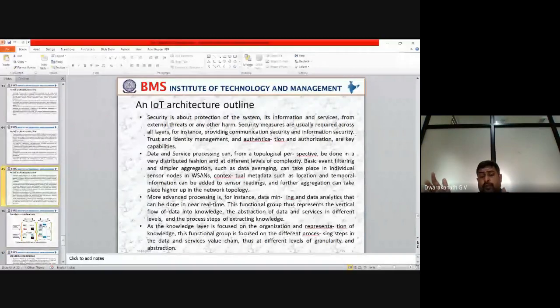Today, you are doing some 27 IoT projects. In each and every project, you may individually think about whether I am adapting an IoT architecture, and to what extent I am adapting this particular architecture. What Sir has told about these particular layers, in my project, is this layer working?